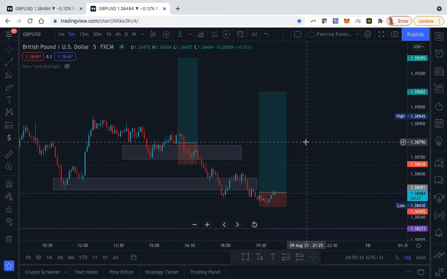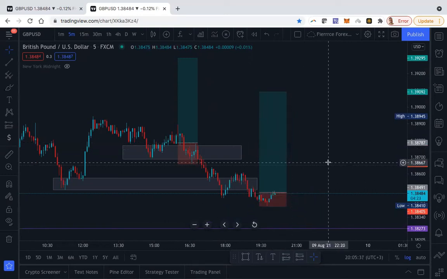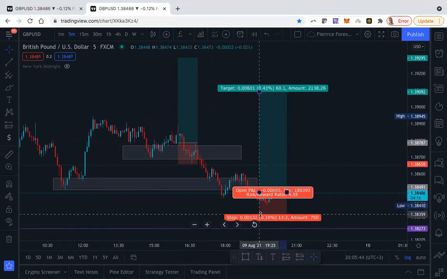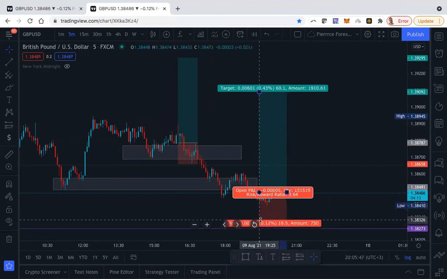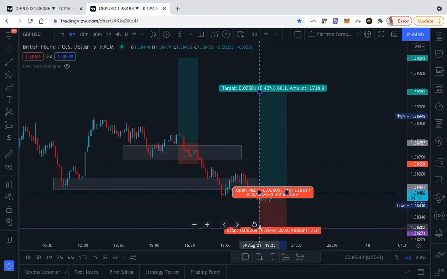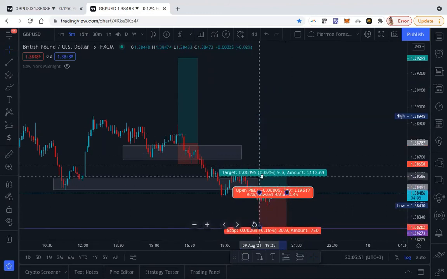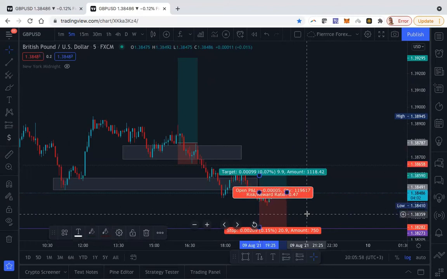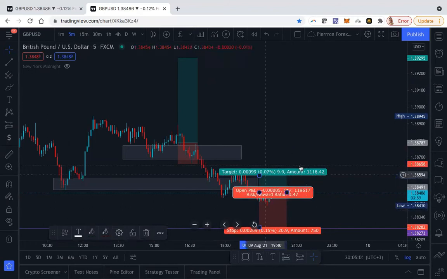But whether you're a good trader or a beginner trader, you really don't want to be risking more than you're gaining. So you find in other scenarios, somebody will risk, let's say, 20 pips, and then they're gaining 10 pips. So if they lose 3 trades again, that basically means they've lost 60 pips. And if they win, they're gaining 30 pips. So they're still in drawdown.